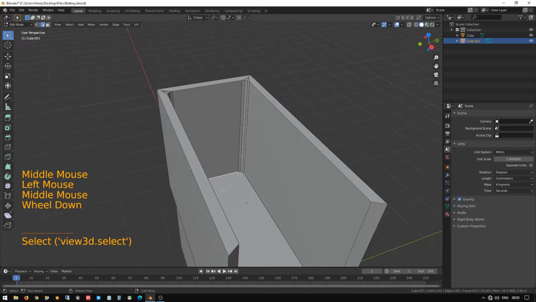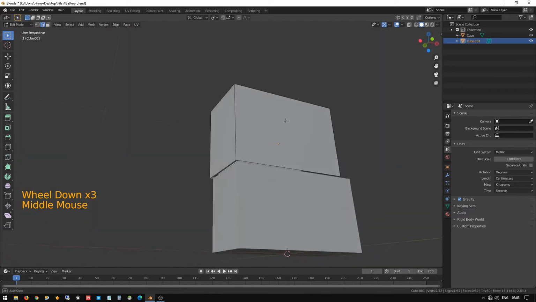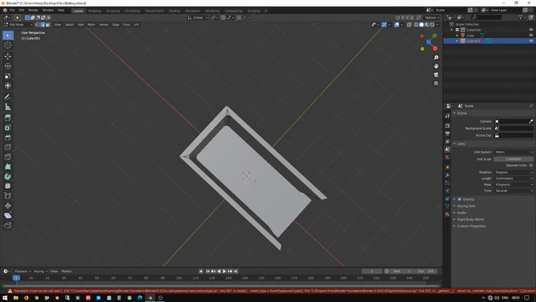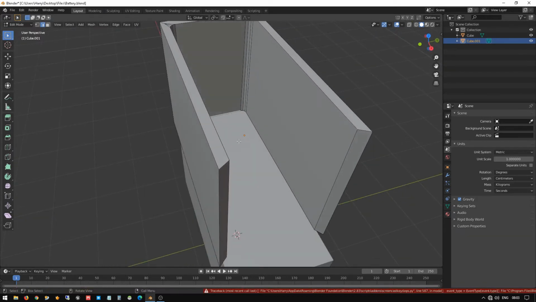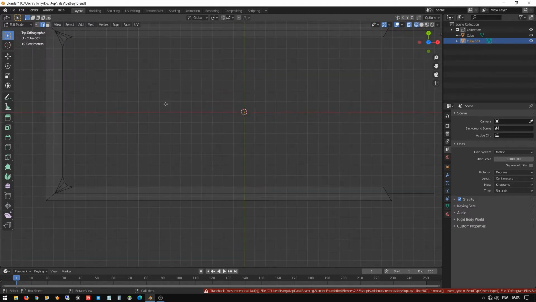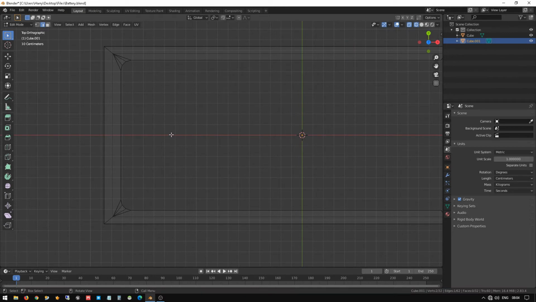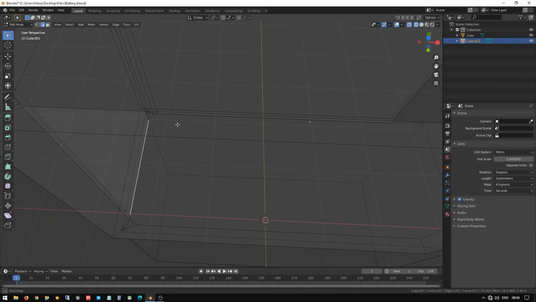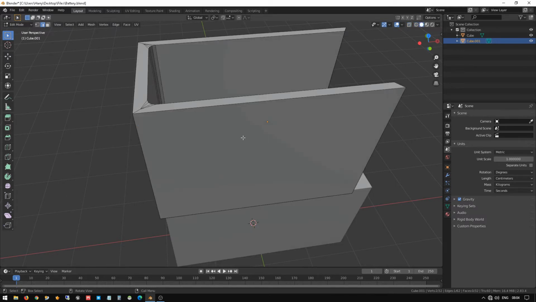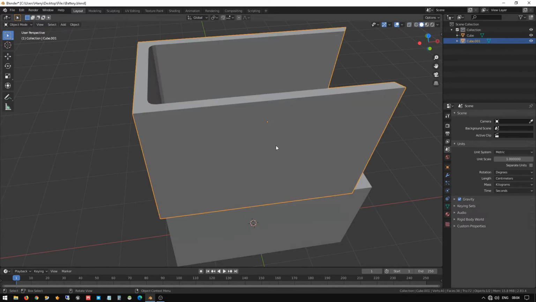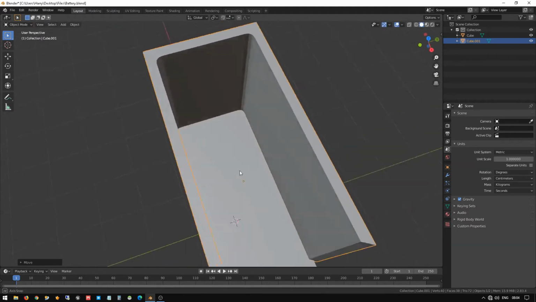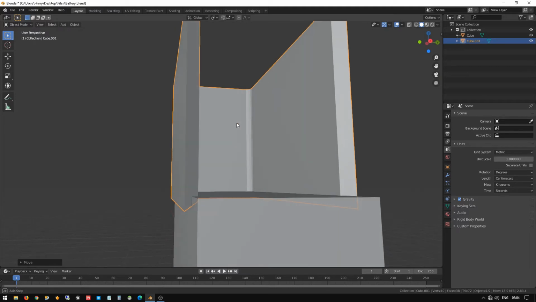Okay, now I have created one small curve. After creating, go to wireframe mode and go to the top view angle, and you can see it's touching the box at the bottom. Okay, fine. Go to solid mode and go to object mode, press G Z to move towards the battery.